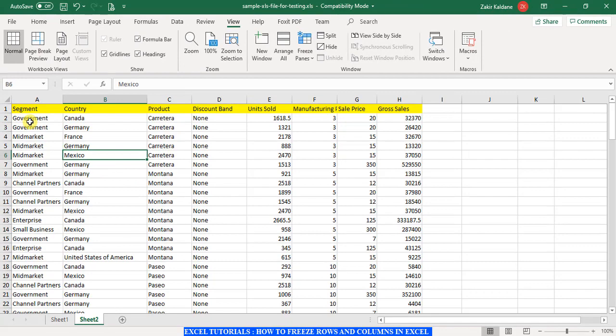For example, if I click over here, or for that matter, let me explain to you like this.